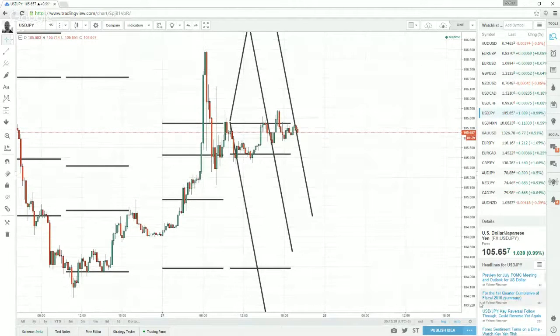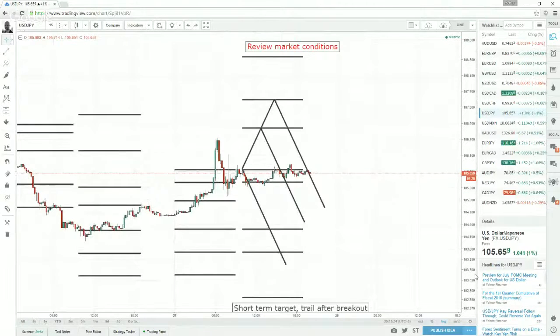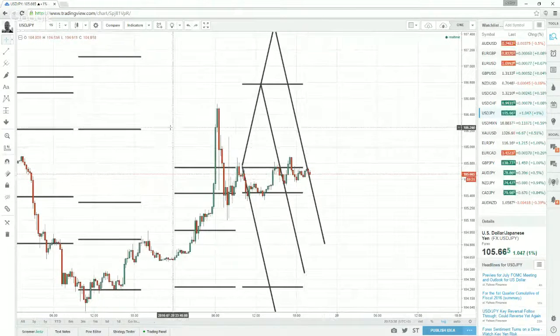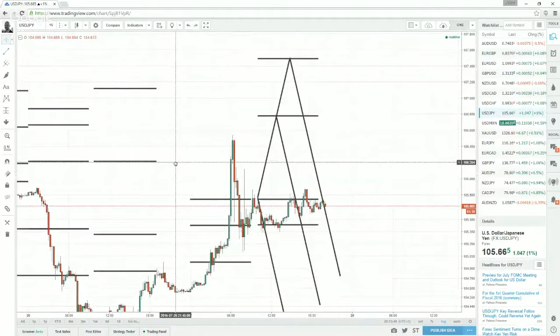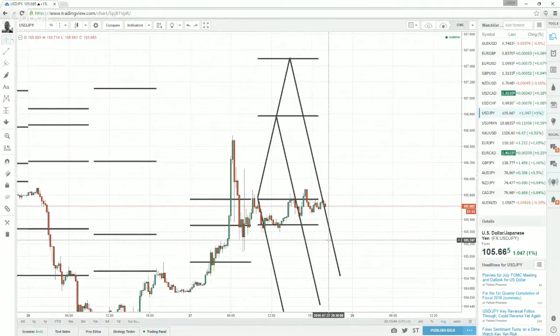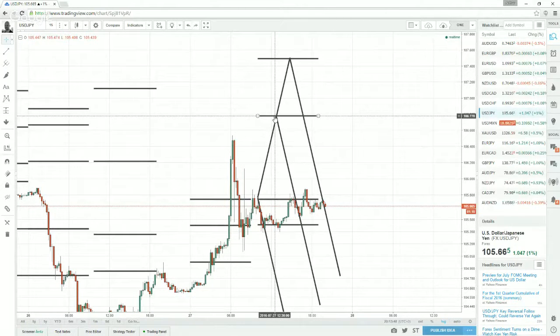Dollar yen. Let's have a look. So what is happening? Well, basically the price is in range. The market is unsure where it will go or will not go. So I do expect it to go down, to be honest. And this is the level to sell it with a limit order, 106.800.